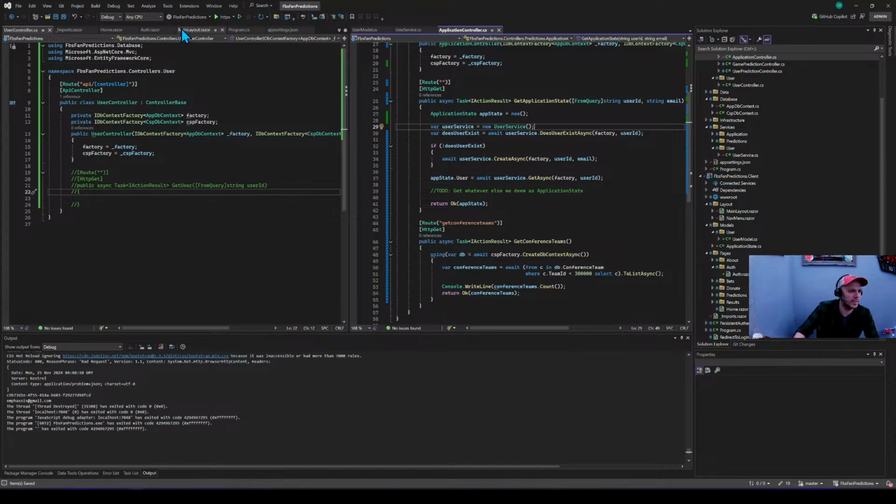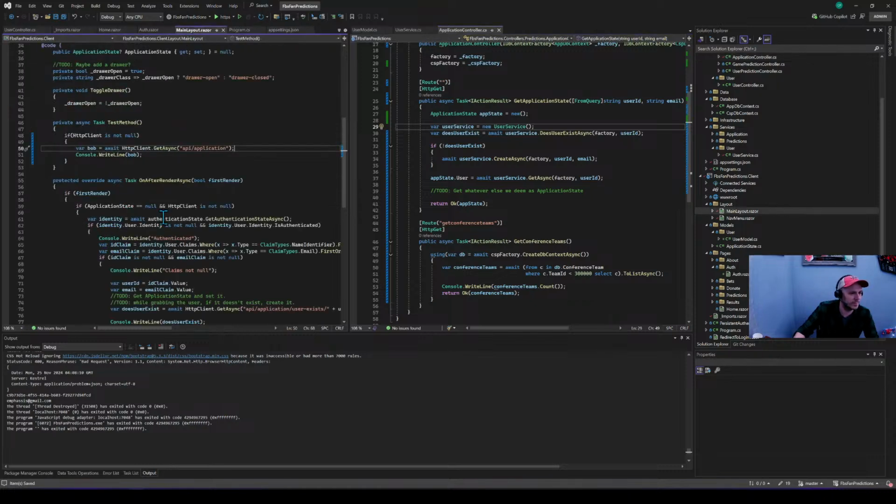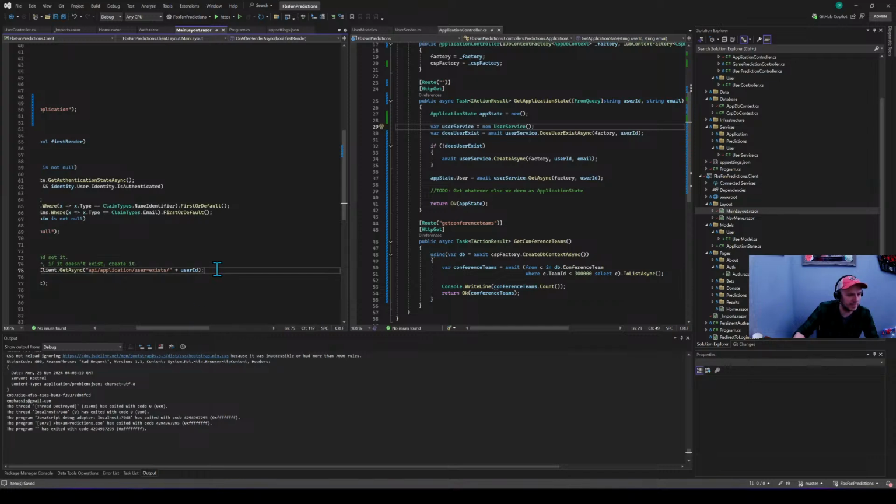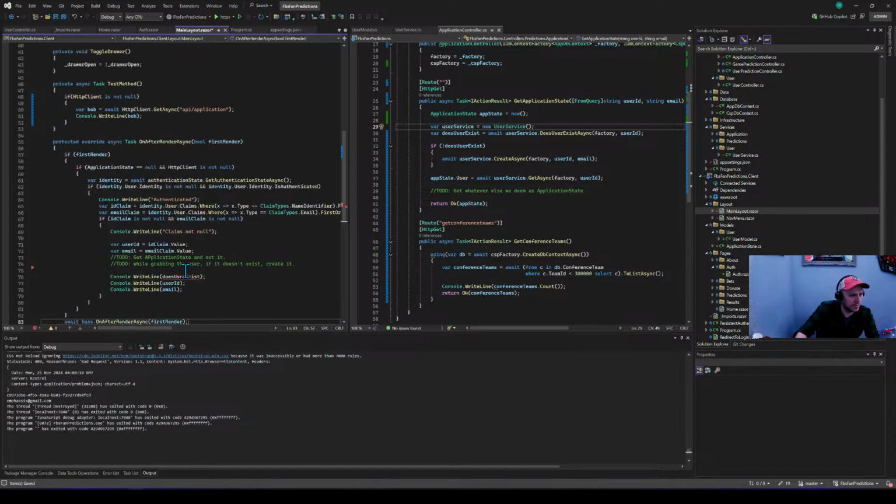So let's get out of predictions, user controller. So we are in main layout, authenticated right here, get application state and set it. Right now I need to do this. This is what I was testing, right? While grabbing the user, if it doesn't exist, create it. I just did that over here, right? Actually, here, instead of doing that, I'll just say